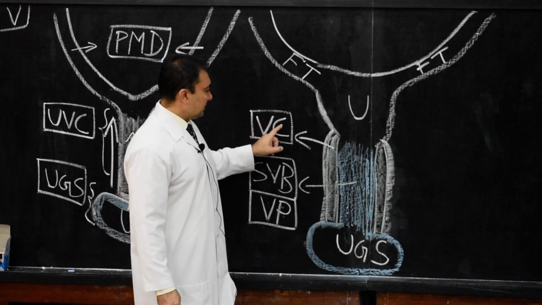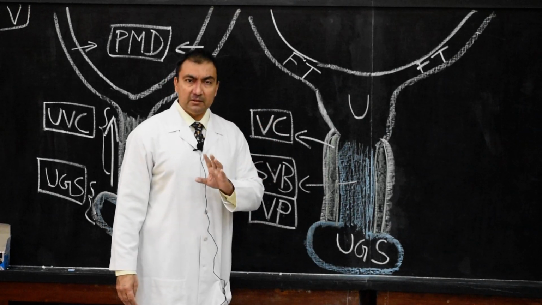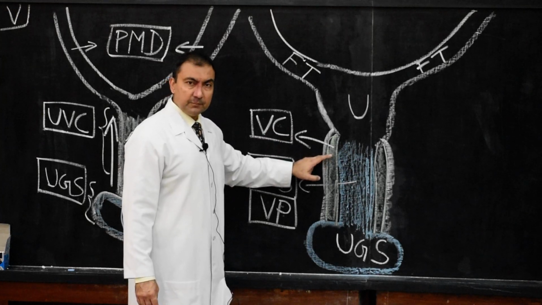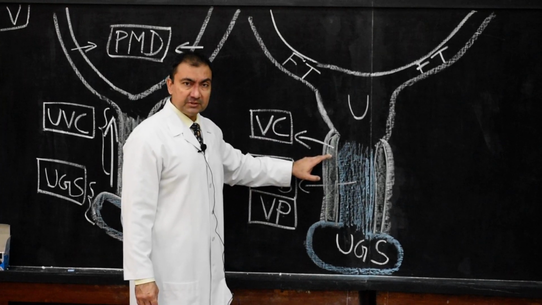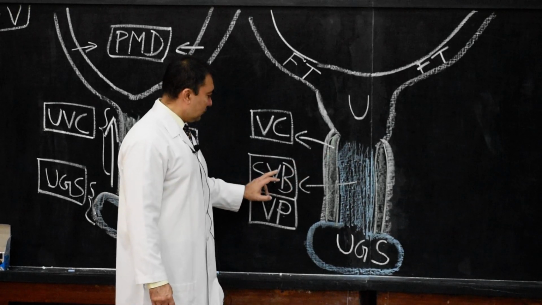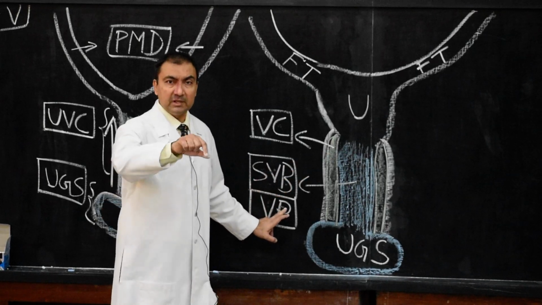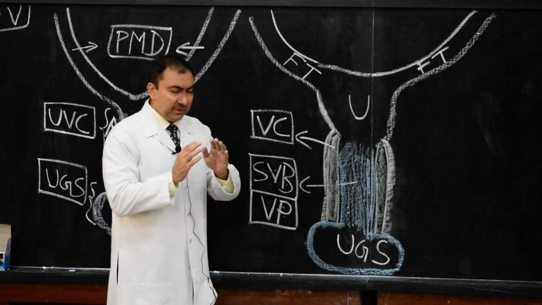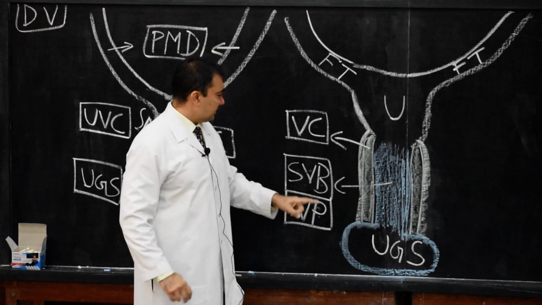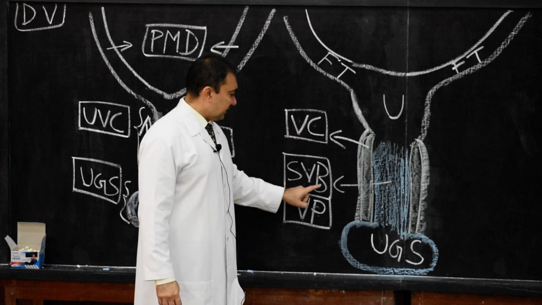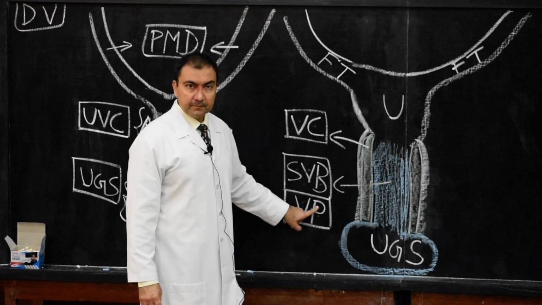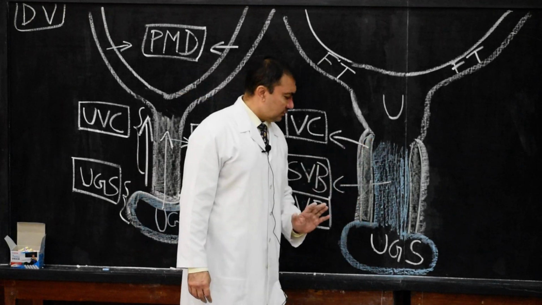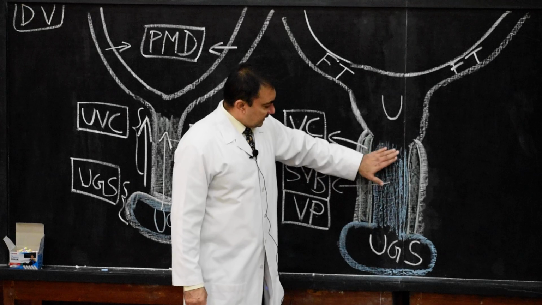Sometimes you are asked whether the vaginal cord of cells is ectodermal, endodermal or mesodermal. Always remember, the vaginal cord of cells is mesodermal because it is derived from the paramesonephric ducts, the caudalmost tip of the uterovaginal canal. And the sinovaginal bulbs or vaginal plate are endodermal cells because they are derived from the urogenital sinus. Once these two stages are over, the first stage being the vaginal cord and the second the sinovaginal bulb or vaginal plate, now what we have to show is canalization.